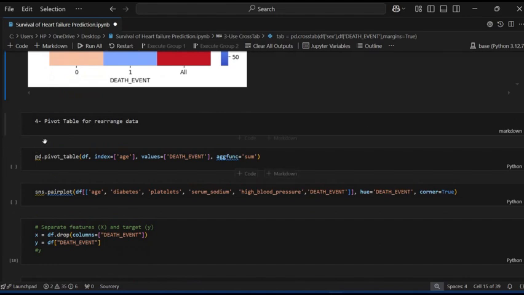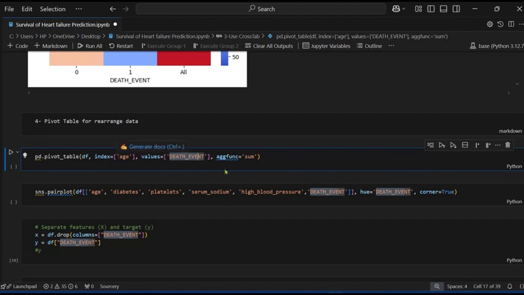Pivot table. A pivot table is used to rearrange the data. It also makes the data easier to group, summarize, or analyze. So pd.pivot_table, where df is the dataset variable name, index, where I pass age, and values, where I pass death event.